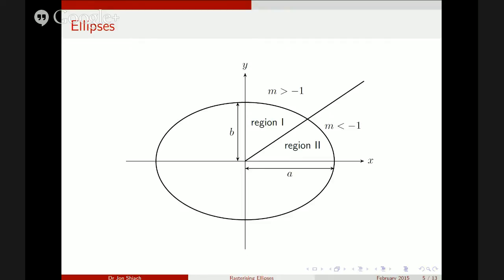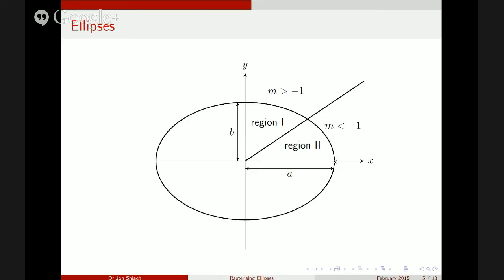Now I've split this first quadrant into two. I've called them region 1 and region 2. Region 1 is where the gradient m is greater than -1, so the largest value that m takes here is 0, and the smallest value is where the gradient is -1. Region 2 is where the gradient starts off at -1, goes all the way down, and eventually it's straight up,